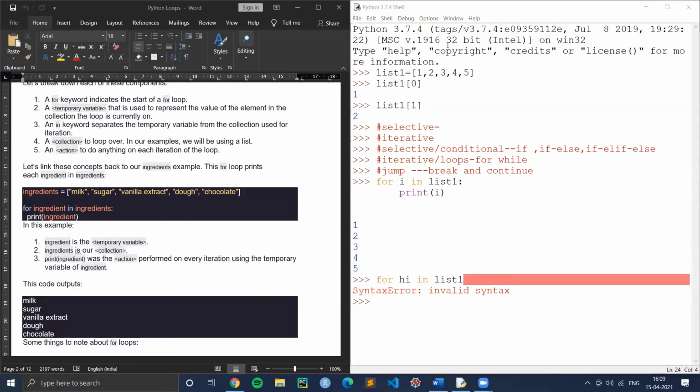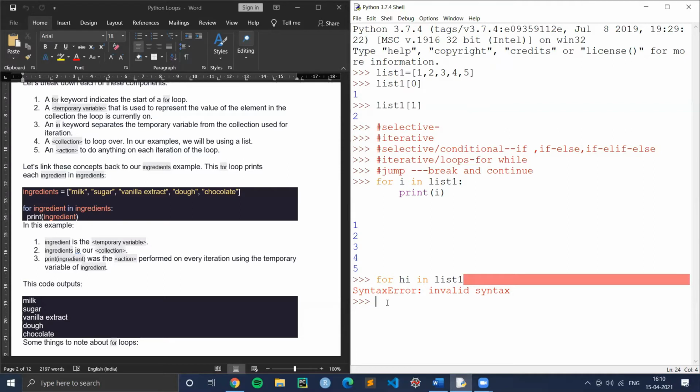Okay, I don't find anyone asking anything. I'll continue. You can ask your doubts in the chat box here, but do not scribble and then show that you're having a doubt.